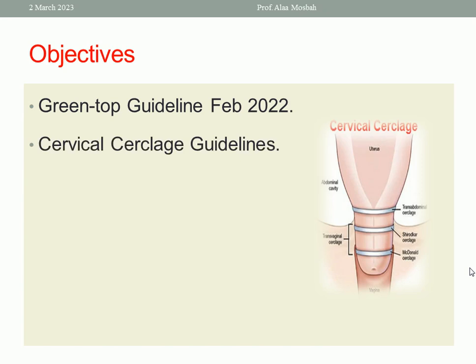Okay, all of us know cervical cerclage is used to avoid the risk of preterm labor, and we have two operations done transvaginally. One of them is called McDonald Cerclage, as in this picture, and the other one is called Schroeder Cerclage, while another one done abdominally is called abdominal cerclage. Okay, the cervical cerclage, McDonald or Schroeder, the suture is removed late in pregnancy, and it is done transvaginally, as I